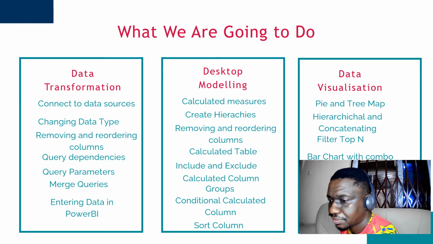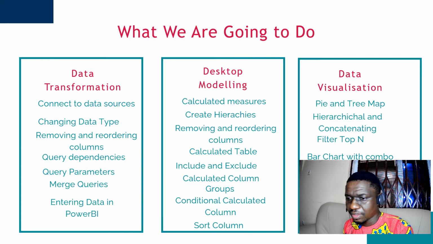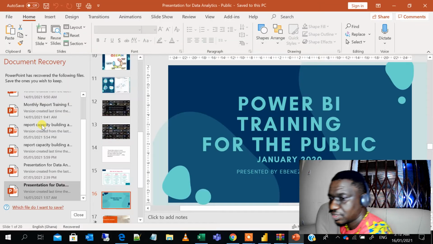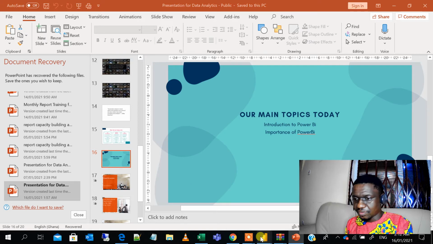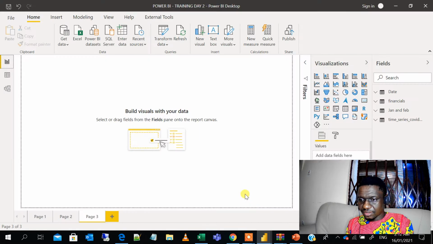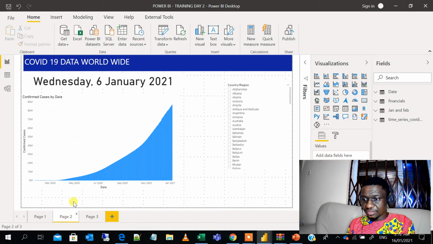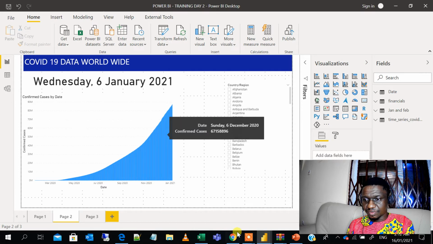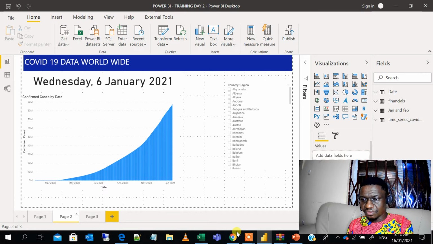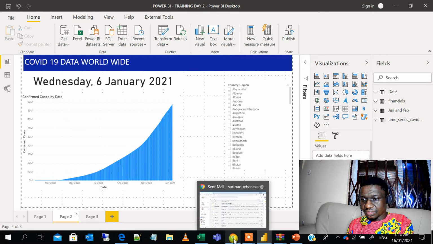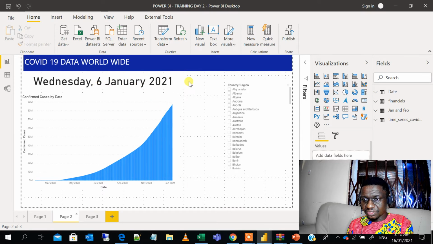Alright, so the last file we were using was the training day 2 file. We created this. If you remember, we were able to create the COVID-19 dashboard. We'll continue from there before we look at our financial data. Last time we just did the confirmed cases dashboard. So now let's go to